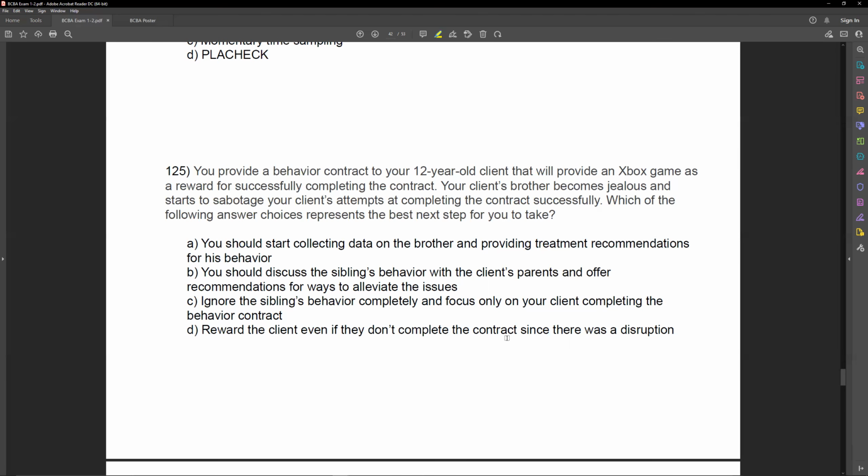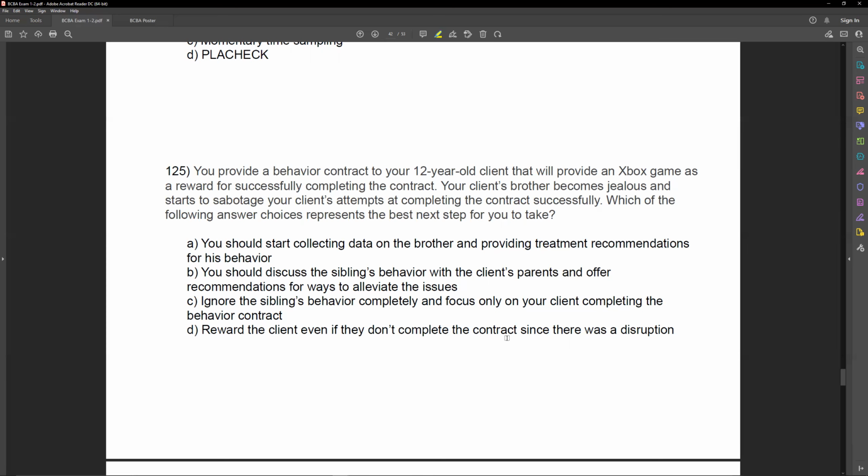Are you allowed to provide treatment recommendations or behavior analytic recommendations for the brother? No, that is not our client. He's part of the environment, but any recommendations we make need to be in relation to our actual client. Unless your brother is signed up as a client under your caseload, we can't just provide treatment recommendations for his